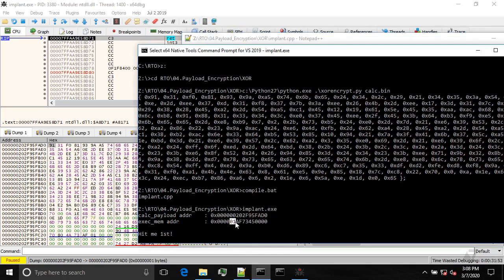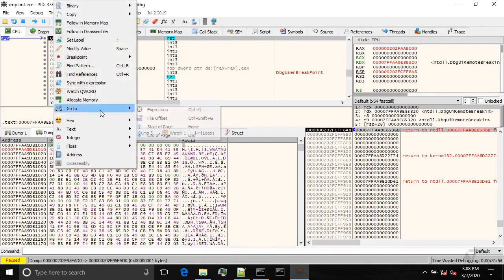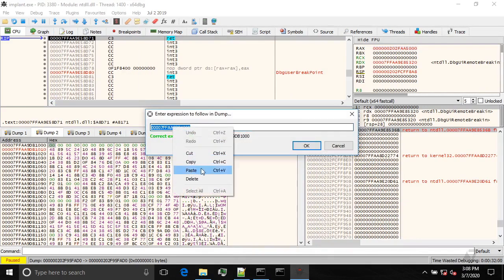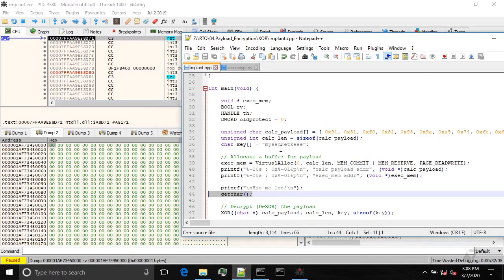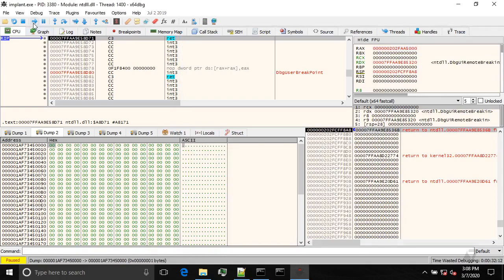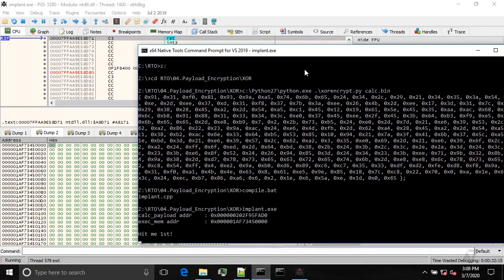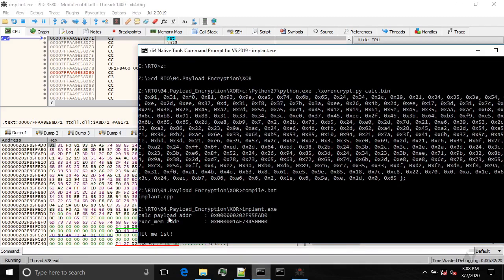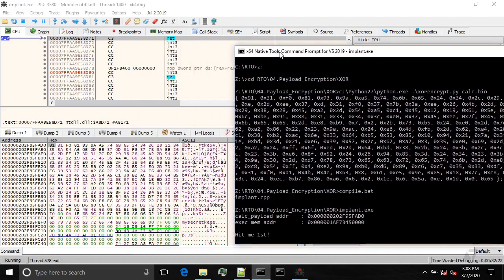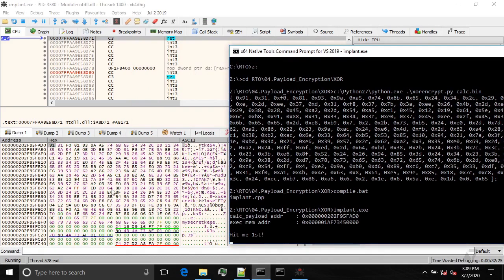And let's take a look at the allocated buffer in dump 2. Go to, okay, and it's empty. And again, because it is only allocated, it doesn't contain any data. So if you continue to run and we hit enter, oh, let's get back to dump 1. If I hit enter, you should see that this payload, this data gets decrypted. Okay, so enter,